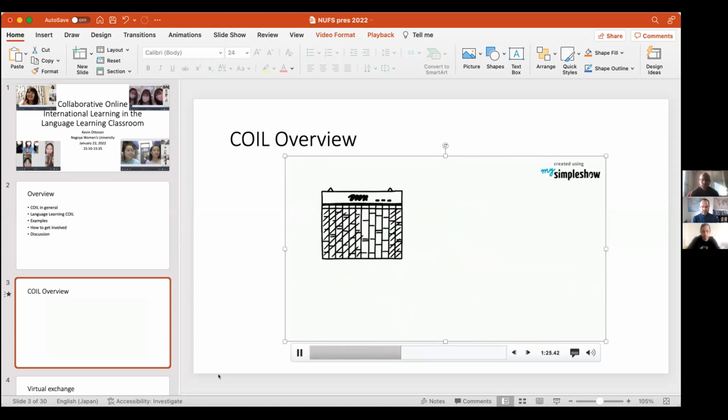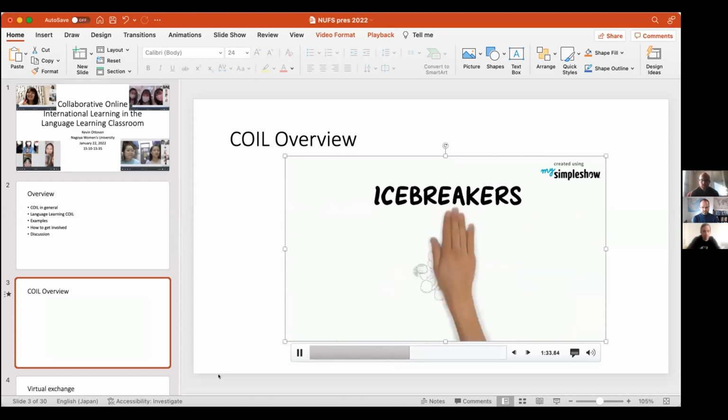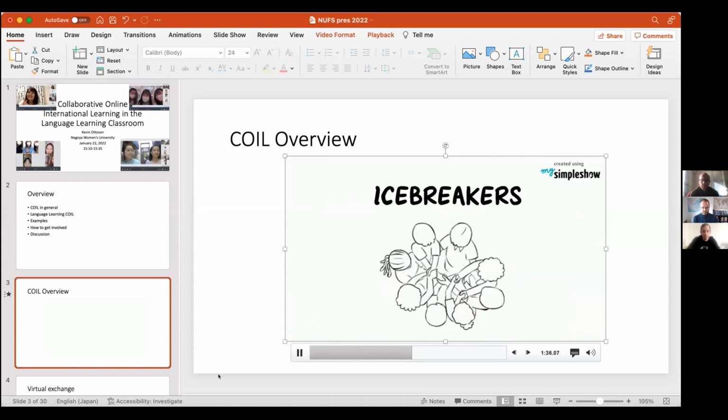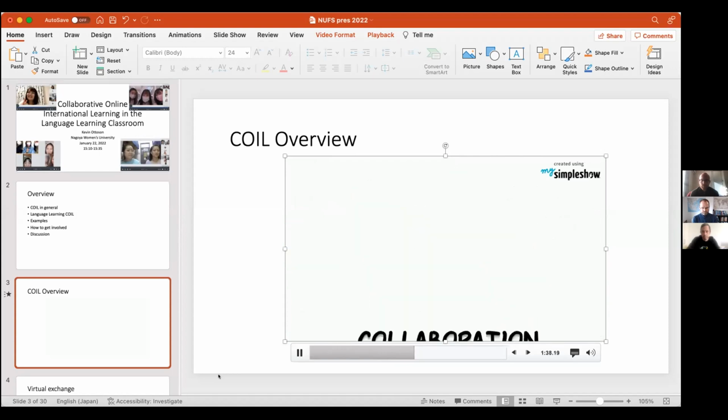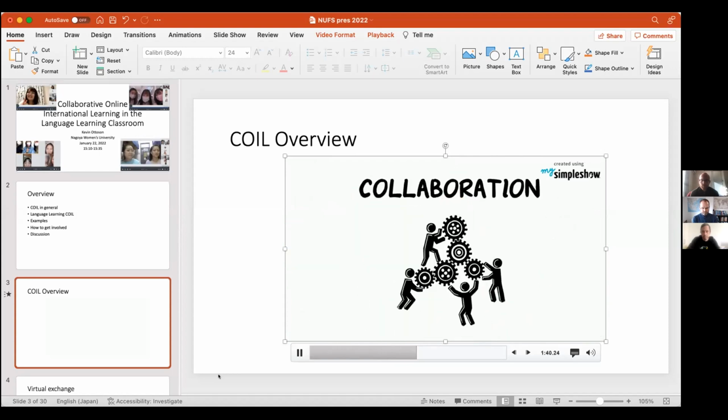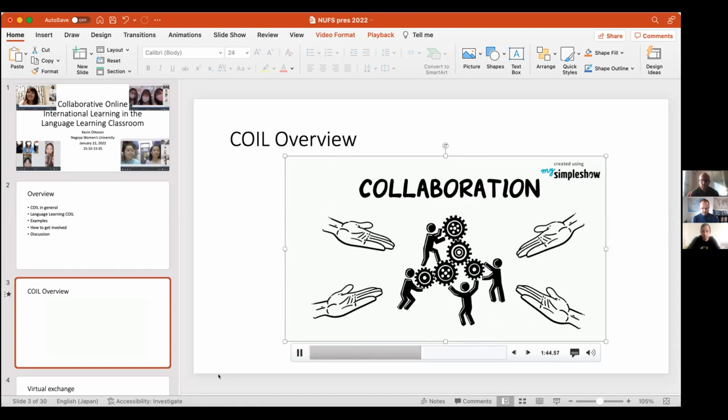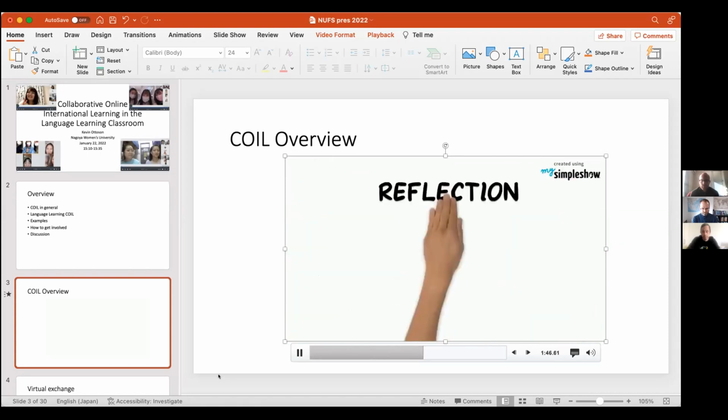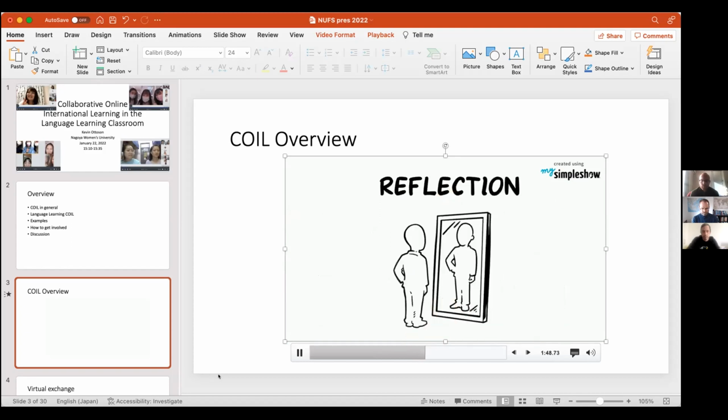COIL experiences usually last from 4 to 8 weeks, and they involve 3 main components. Icebreaker activities that help students get to know and trust each other. A collaborative task that demands diverse contributions from every person participating. And reflection activities that help students transform their COIL experiences into new ways of thinking about themselves, others, and the